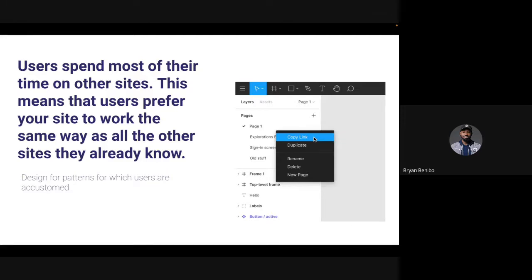So I said design for patterns to which users are accustomed. As a designer, it's important for you to do your UX research. After you've done your UX research, you understand who your users are, get to know them, get to know why they do what they do. From there, you will figure out patterns which they are already accustomed to, apps that they're already using. That is why the idea of getting inspiration is very, very important. It is way important for you to go get ideas from other products, see what they're doing, so that your product will not be too different. You don't want a product that is so new that when people come to you, it takes a lot of cognitive load for them to understand it because it's entirely new.